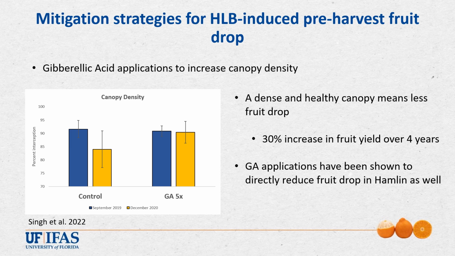The use of PGRs, or plant growth regulators, which are agricultural grade products that contain plant hormones, to mitigate HLB symptoms in Florida groves is still a new and under-researched area. According to published literature, GA is able to increase the canopy density in HLB-affected trees. A study done on mature Valencias that received a monthly GA application using ProGib at 10 ounces per acre saw that the control trees lost about 8% of their density over the course of a year, while the GA trees maintained their density. Moreover, this study also found that the fruit yield increased by 30% on GA trees over the course of 4 years, as well as had larger fruit and less fruit drop.